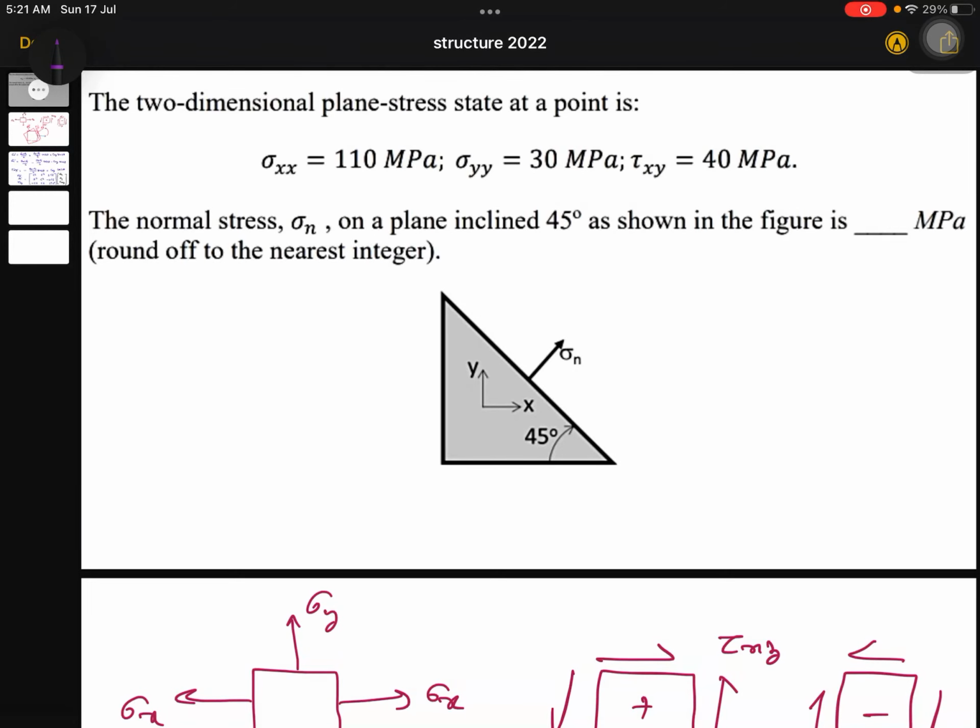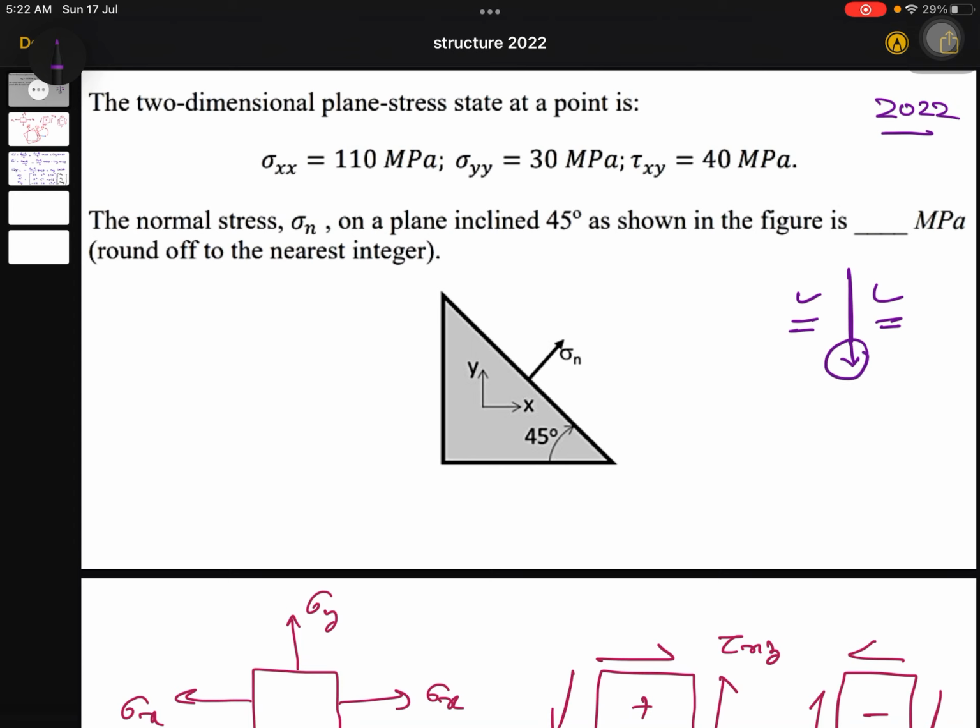So I'm taking again another question of 2022, and this is really, guys, I'm going to explain this question in three different ways. Three different ways to solve this numerical, using formulas. There are two ways to use formulas, both the ways I will explain, and there is a third and best and branded way which never fails, and I will suggest you to use the third way always, that is